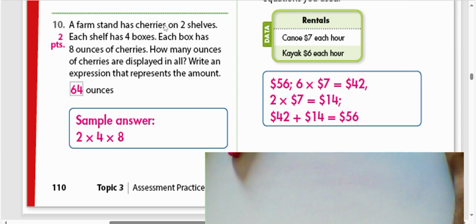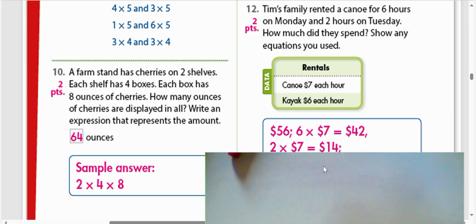A farm stand has cherries on 2 shelves. Each shelf has 4 boxes. Each box has 8 ounces of cherries. How many ounces of cherries are displayed in all? We can write the product 2 times 4 times 8. 2 times 4 is 8, 8 times 8 is 64. And we have here about this example,